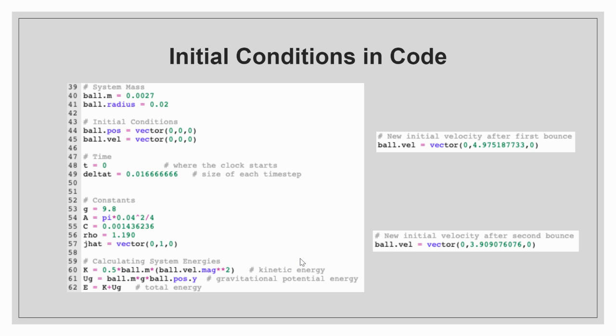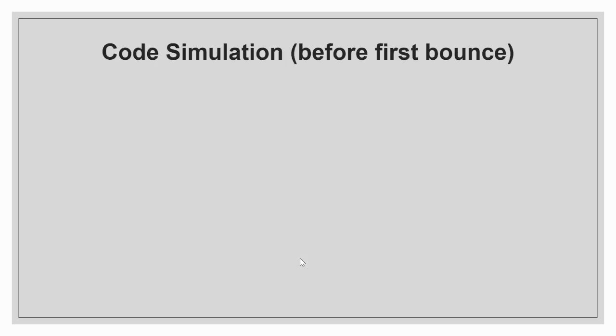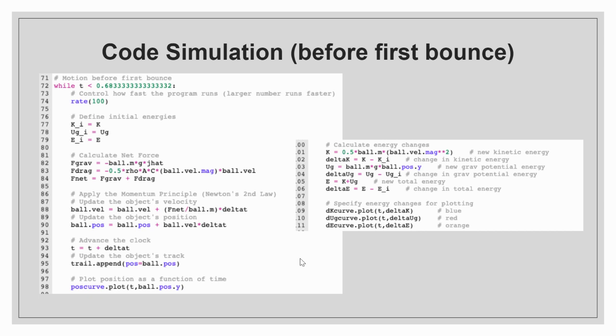The mass of the ping pong ball was a standard 0.0027 kg with a diameter of 0.04 meters. The initial position and the velocity of the ball were set to the zero vector. The initial time was set to zero, with each time step being 1/60 seconds. In the code, there were three while loops created: before the first bounce, before the second bounce, and before the third bounce. After each bounce, a new initial velocity was set by taking the first two position data points from the observed data and using the formula v equals delta s over delta t.